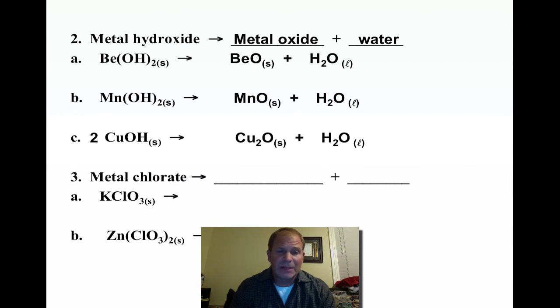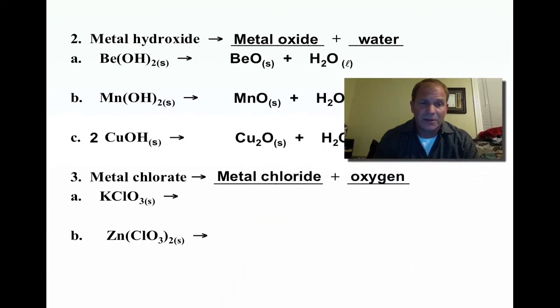The third type of decomposition is where you take a metal chlorate and it will break down to a metal chloride and oxygen. So you're just stripping off the oxygen in this one. So again, your metal chloride, chloride's a -1, so make sure your metal and your chloride zero each other out. So our first one here, potassium chlorate, breaks down to potassium chloride, +1, -1, and then oxygen, which is diatomic,